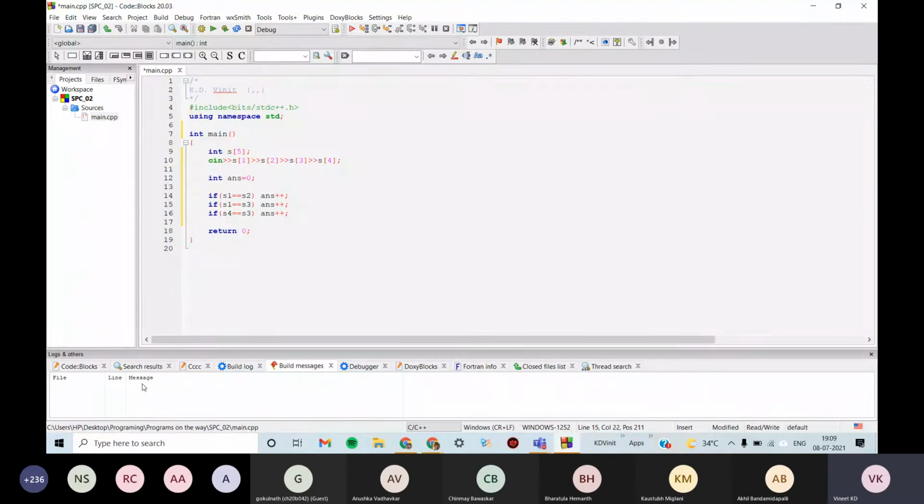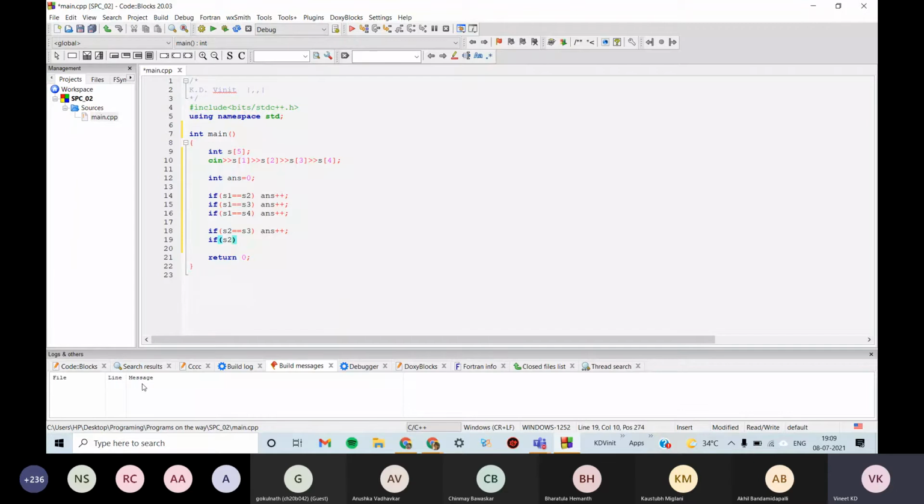So if either of them is equal to S1, we need to buy a new horseshoe, so we will increase the answer. Now, if S2 is same as S3, answer plus plus.